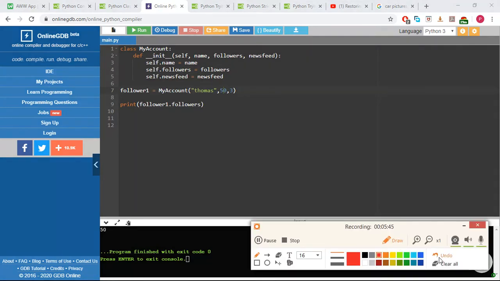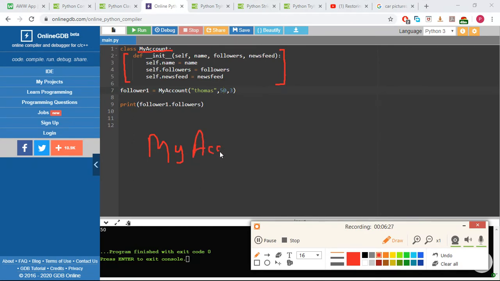What does this mean? Let's just say I'm the computer, I'm the Python computer. I'll see that this person has declared a class. He's coded my account. Let's say I'm the Instagram computer. He's coded my account, and then he has defined this very special function here that I am always on the lookout for, because I always run this function regardless. So now whenever this person calls this my account class,